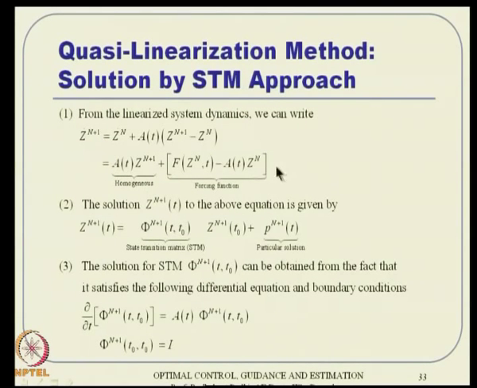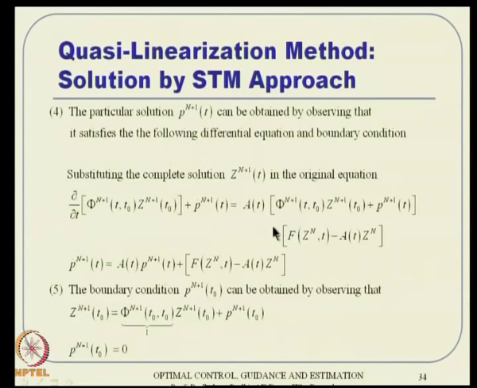So, if you really want to solve this, then we need a state transition matrix again. Because it is a time varying matrix, we need a state transition matrix, plus a particular solution because there is a forcing function. Now, the state transition matrix, as we know, will satisfy the same differential equation with this boundary condition. So, this is clear. You can integrate it and then get some updated values and all that. So, this value will be available with us. Now, what is not available is this one actually. So, let us see how you get that.